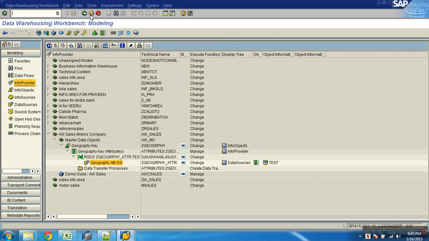Let us say I don't need any transformations. Can I not have a direct link from the file to the target? He's saying if you don't need any transformation, at least you should say